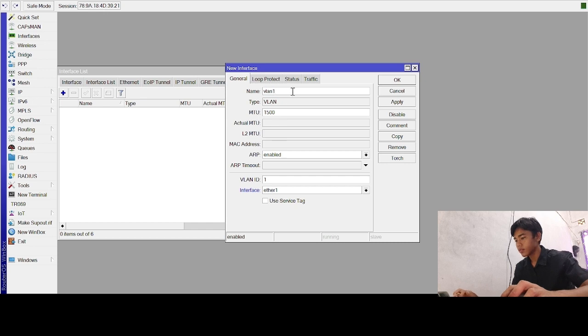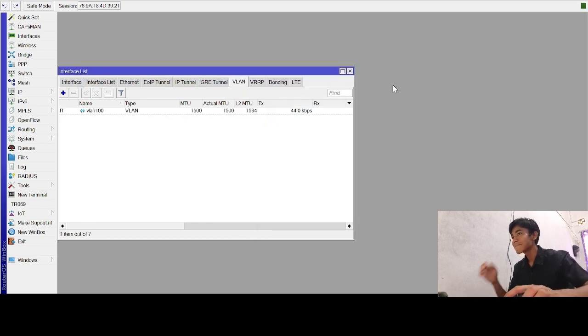For the first VLAN, the name is VLAN100. Set VLAN ID 100 and use Ether 2. Okay, apply.